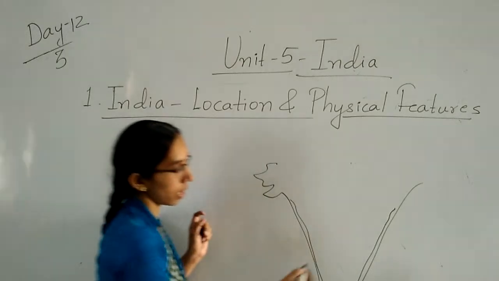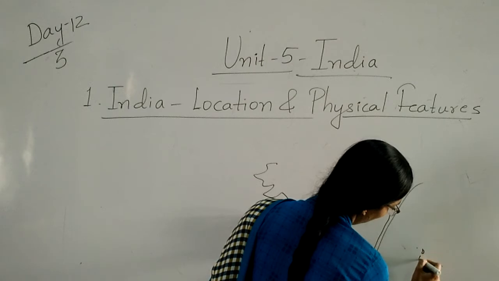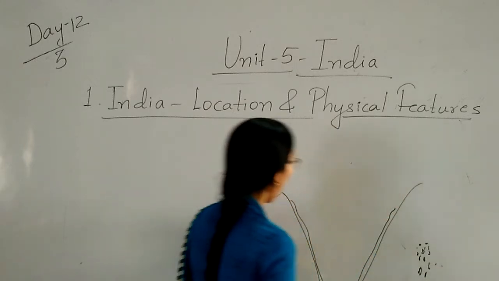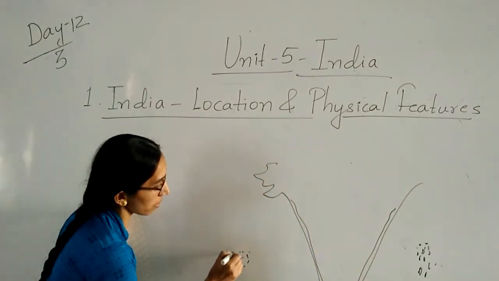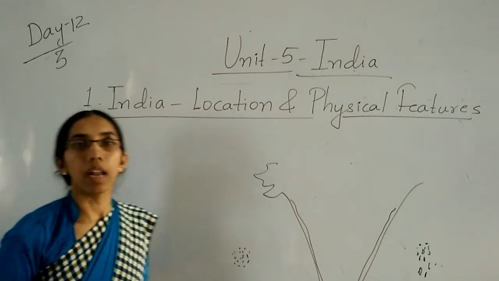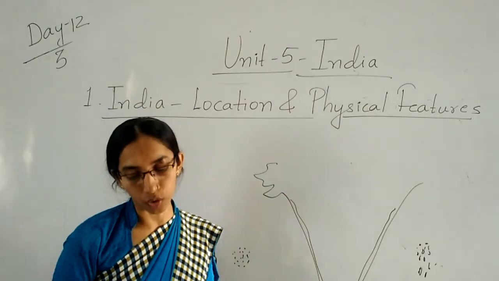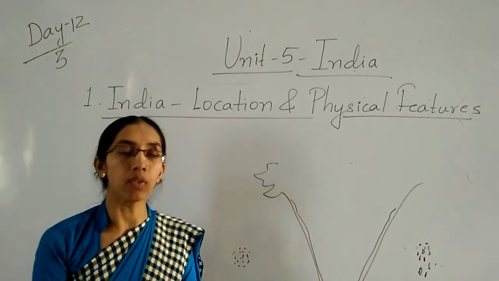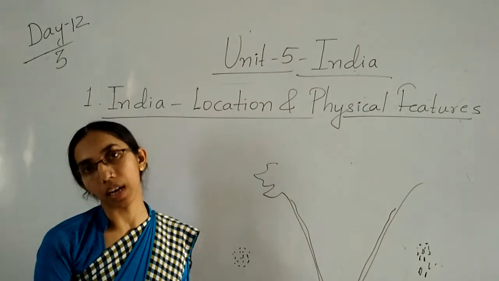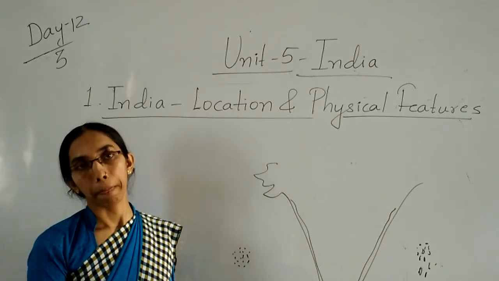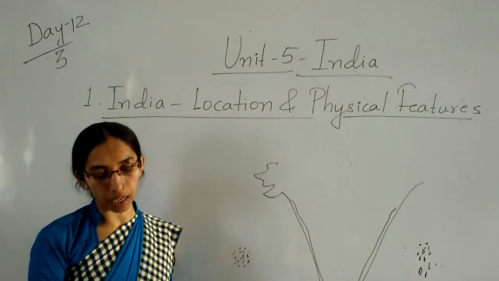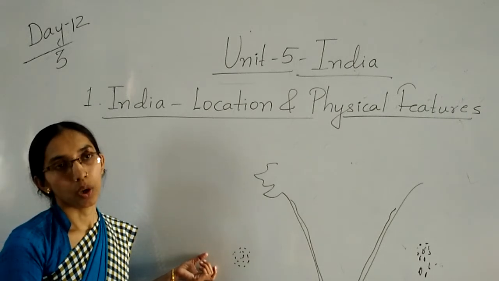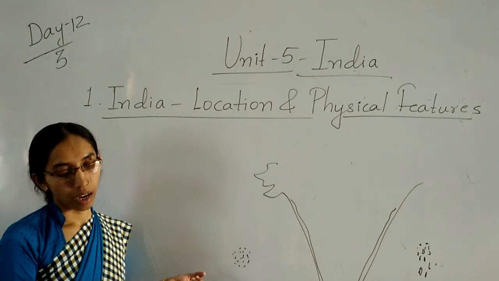Here, this side, these small dots are called the Andaman and Nicobar Islands. And on this side you can see the small islands, called the Lakshadweep Islands. So, Lakshadweep means what? 100,000 lands is called the Lakshadweep Islands. In the Lakshadweep Islands, the group of islands is 36. We can see 36 groups of islands in the Lakshadweep.